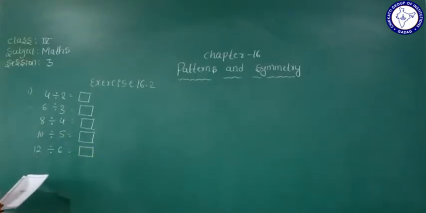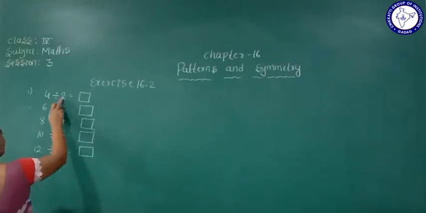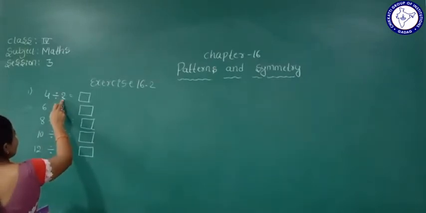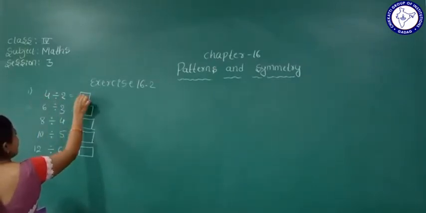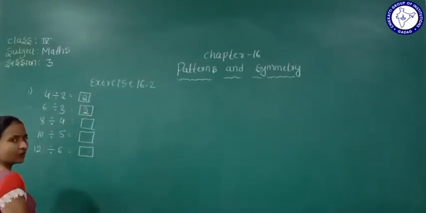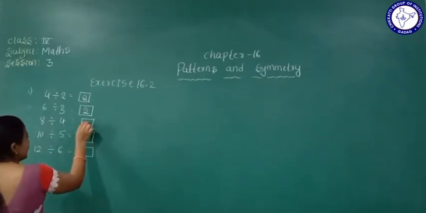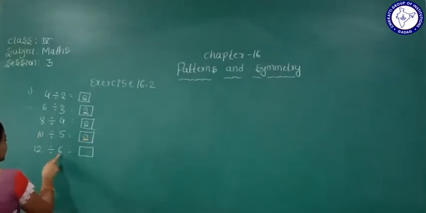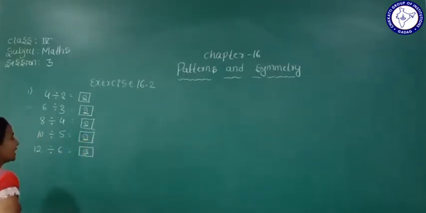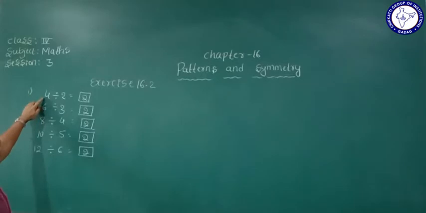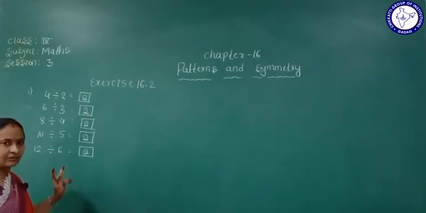We can write the answer here and find out the pattern. 2 how much are 4? 2 2s are 4. It means 2 1s are 2, 2 2s are 4. So the answer we can write is 2. 3 how much are 6? 3 2s are 6. 4 2s are 8. 6 2s are 12. So we can find the pattern here: 2 comes, and here see the even numbers 4, 6, 8, 10, 12. So we can see the pattern, finding of pattern.